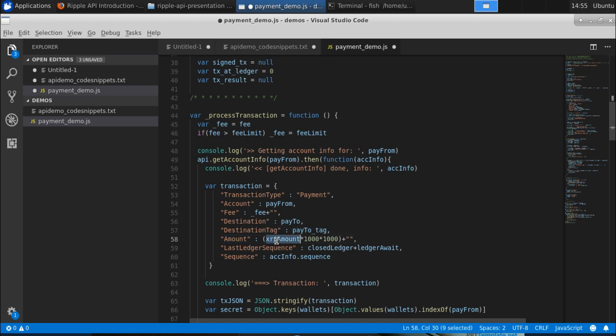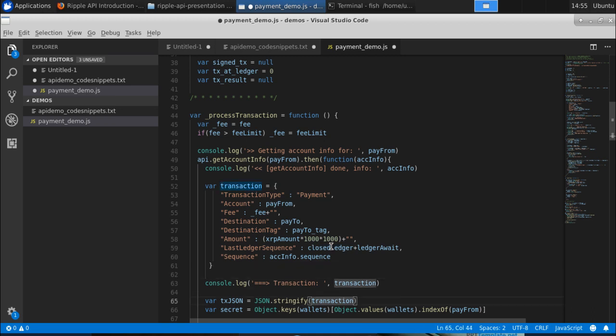The amount we give as input is in XRP, so we need to convert it into XRP drops. And then the last ledger sequence, we are getting from the last closed ledger and the ledger wait. How are we going to get the closed ledger sequence? That will happen down the line when we invoke get server info.